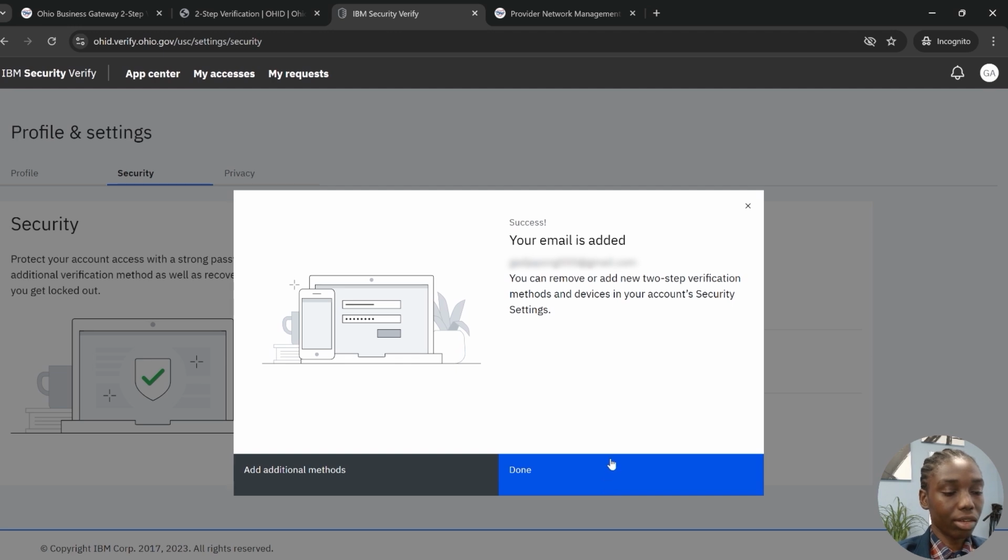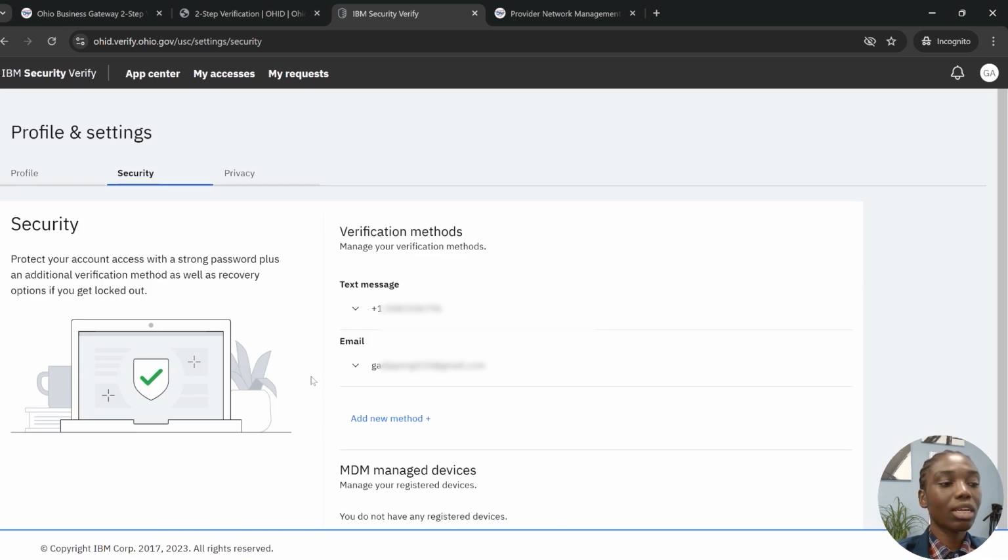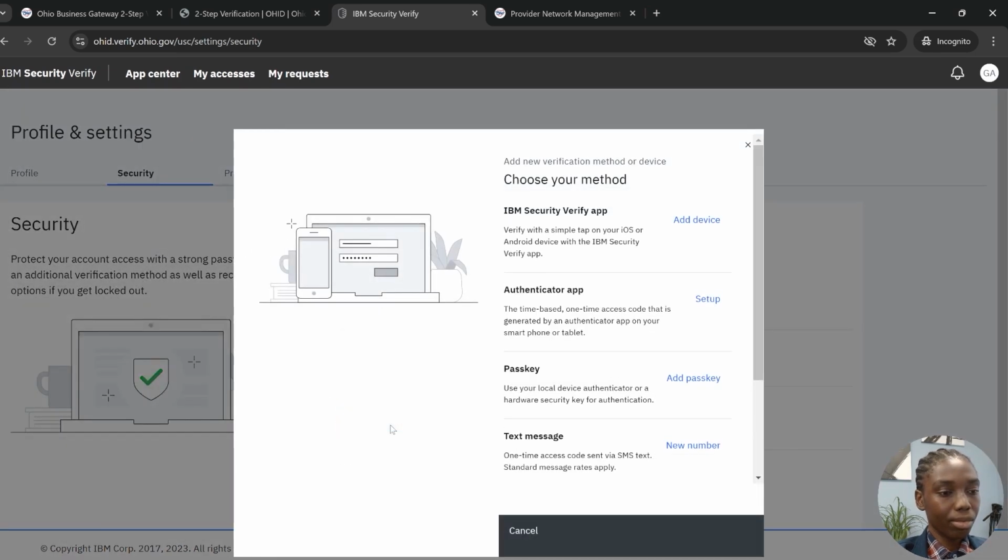And there you have it. Click on Done. At this point, you have set up 2 of the verifications and you should be all set. I do understand that some people don't like doing text messages, so we're going to set up 2 other verification methods. Go ahead and click on Add New Method